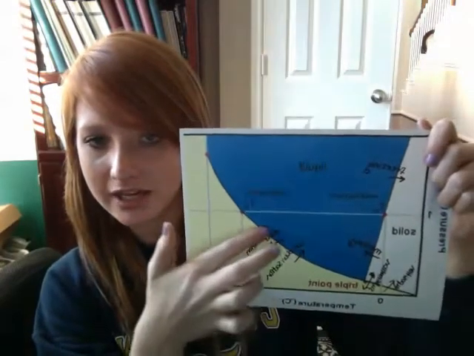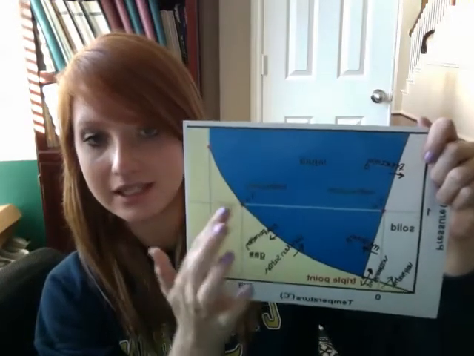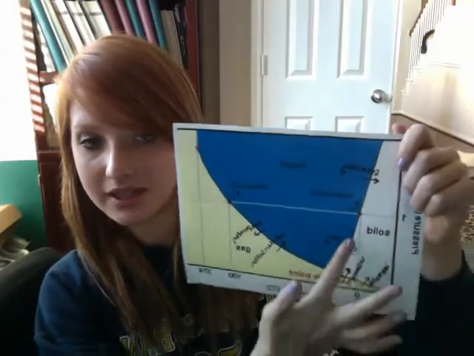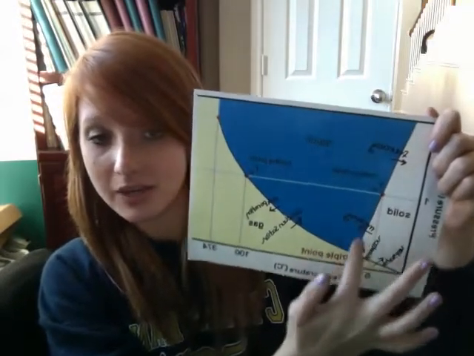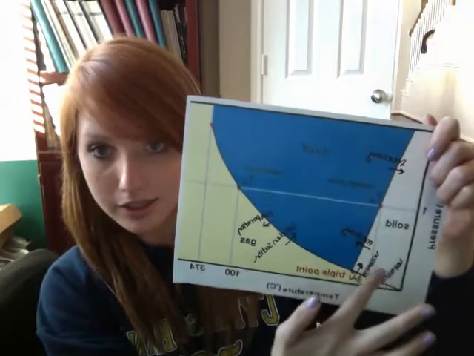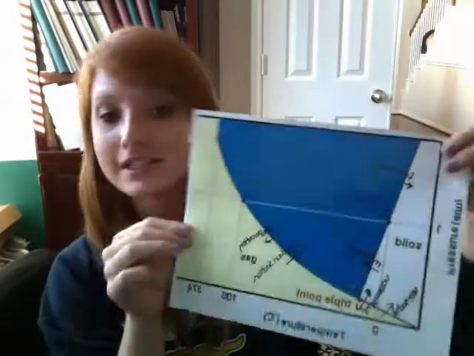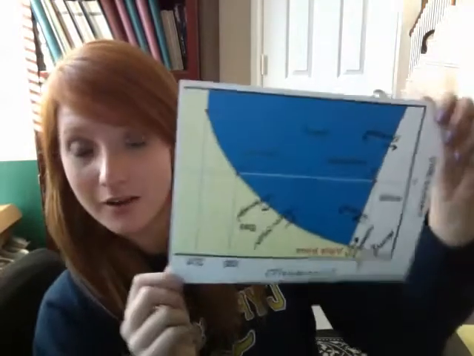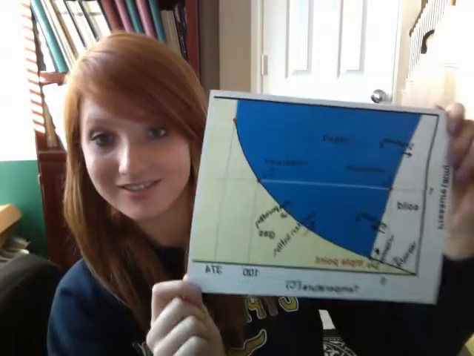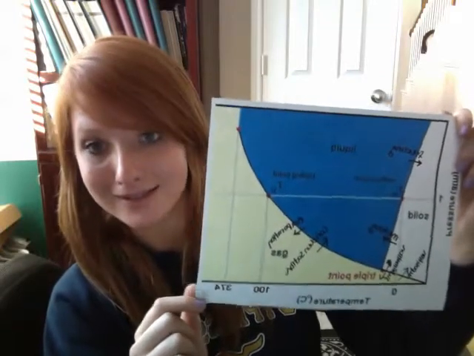Like at this line, both liquids and gases exist. And same with this line, solid and liquid, and this line, gas and solid. Interesting. Anyways, we have to learn this for STAR because the state said so. So know your phase changes and solids, liquids, gases. And you know why that happens?